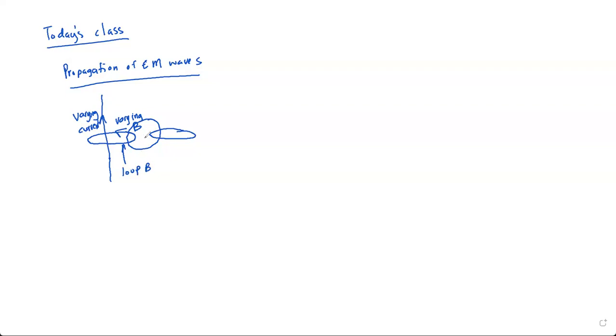And once you have a varying magnetic flux, you can create a varying electric field. That principle was proposed by Faraday's law. However, although these laws were proposed by Ampere's law and Faraday's law,